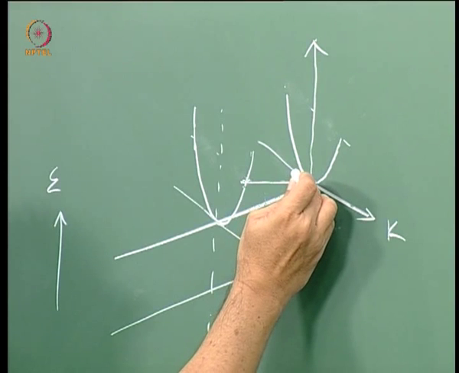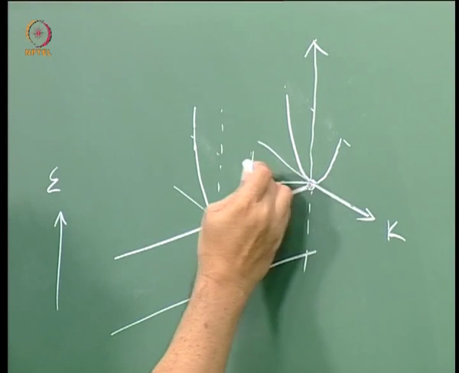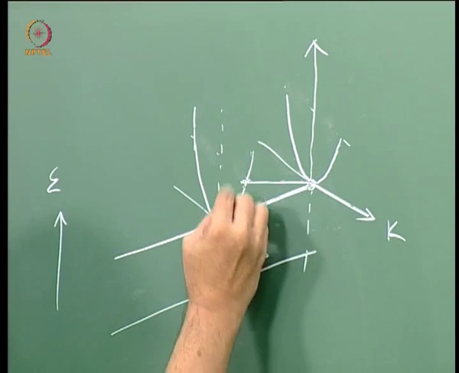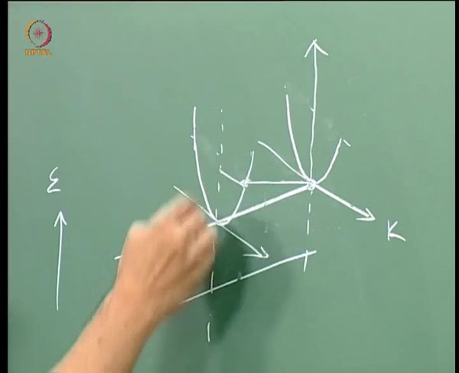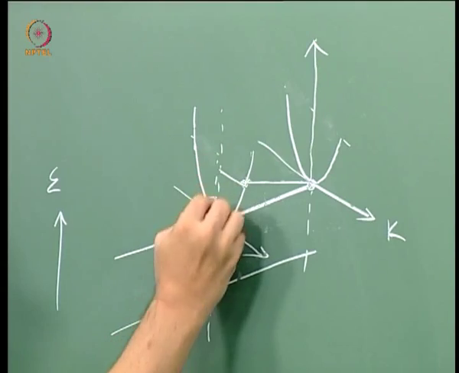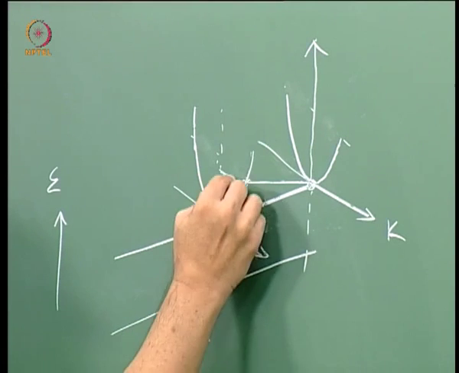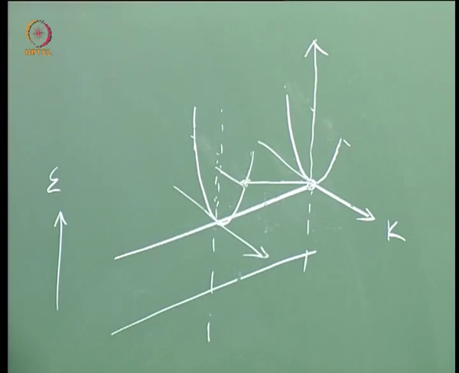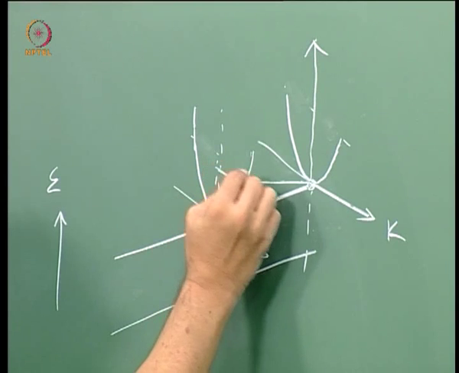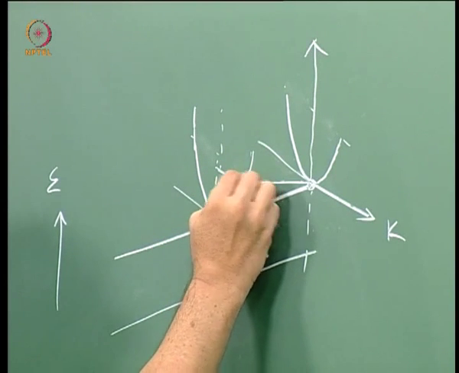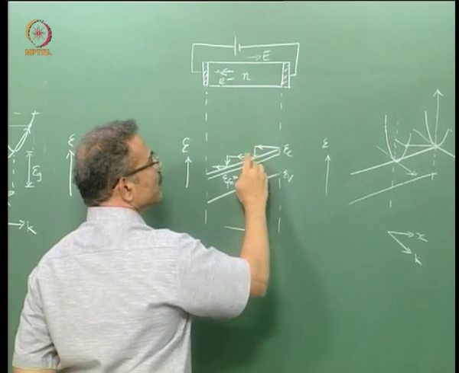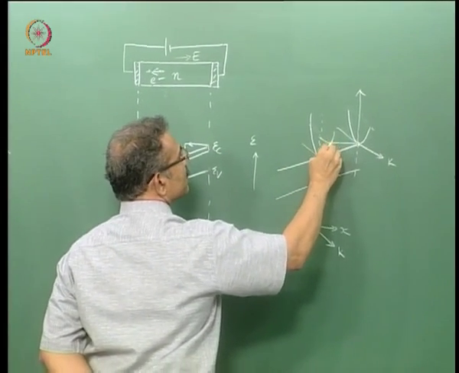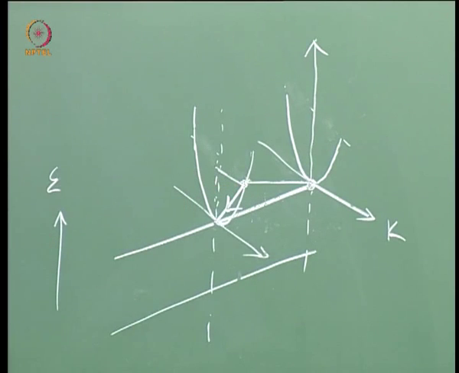So as it is gaining energy, it is gaining momentum as well. So you can see here that this difference is the momentum. This is the line corresponding to 0 momentum, right. This is k equal to 0. So this distance on this diagram represents the momentum that the electron has gained when it comes here at this x, and when it is getting scattered it is falling down. So on the EK diagram that transition can be shown something like this.